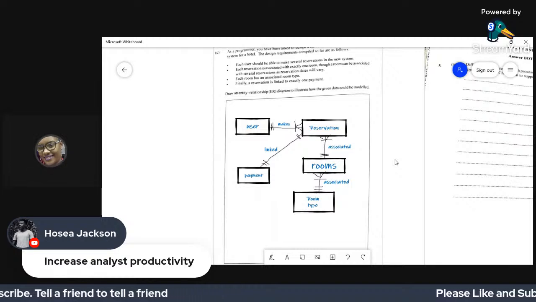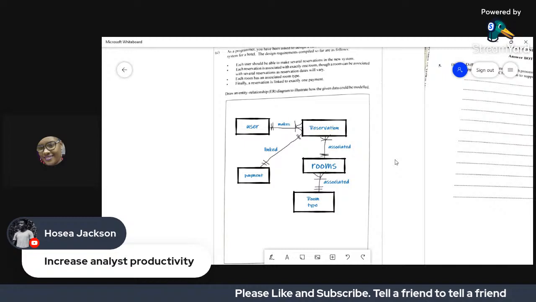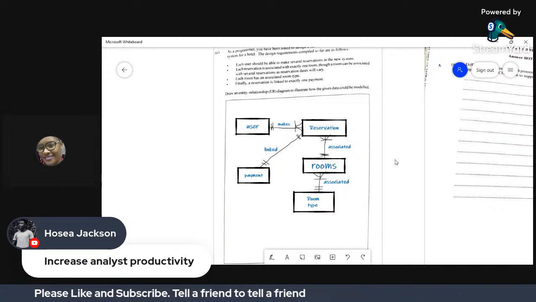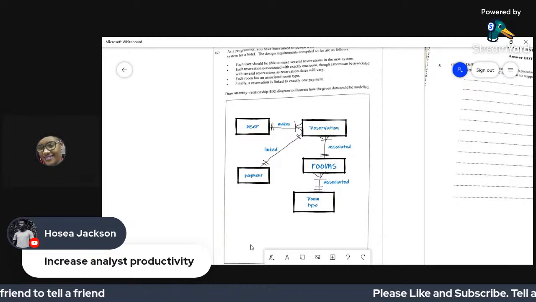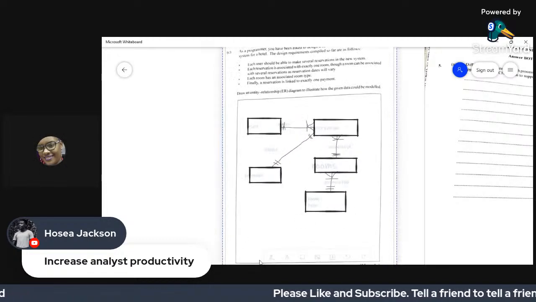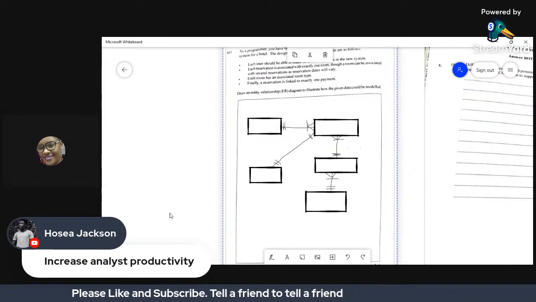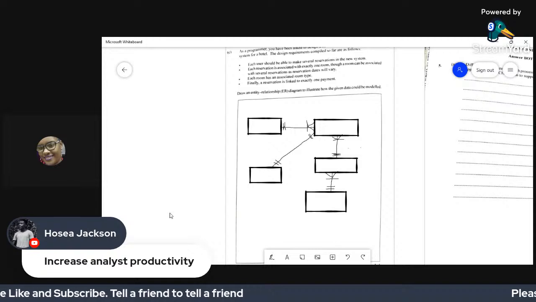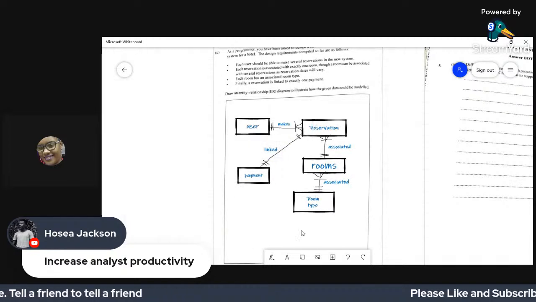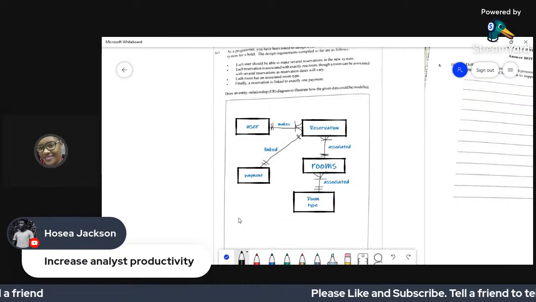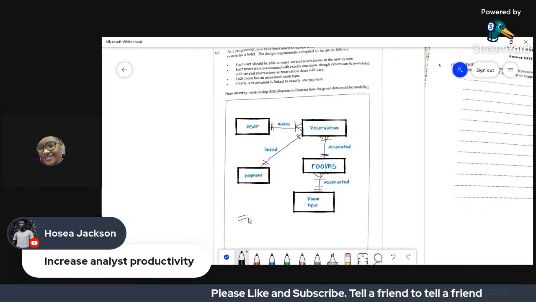Any questions for this one? What does it mean above room? That means one. So you have the two parallel lines, which means one.